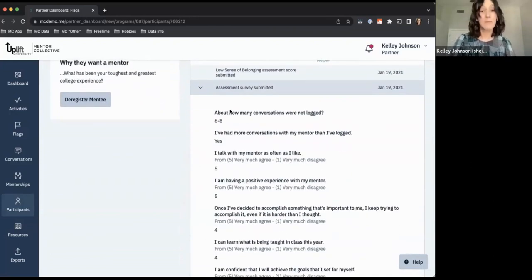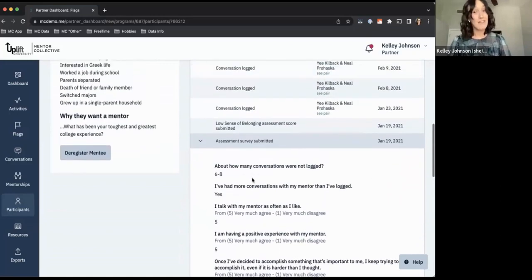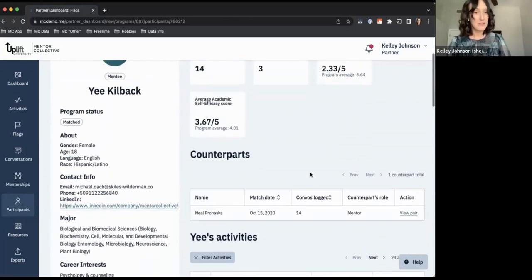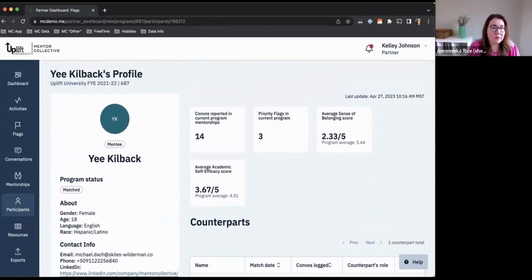So for example, this person is indicating that they are talking with their mentor as much as they like, they're having a really positive experience, but they're still feeling some of these things where they're not supported by their school. So this is a really great chance to reach out to the student, and it looks like they have a great relationship with their mentor. So maybe reach out to their mentor as well to see if there's anything we can do to support the student. I think what's also really relevant here is that the data we're seeing is the most recent data collected from the students. Remember, they are asked these questions multiple times. So when you're serving a student in the moment, you're always doing that based on the most recent feedback or point of view that they have about their time at your school.